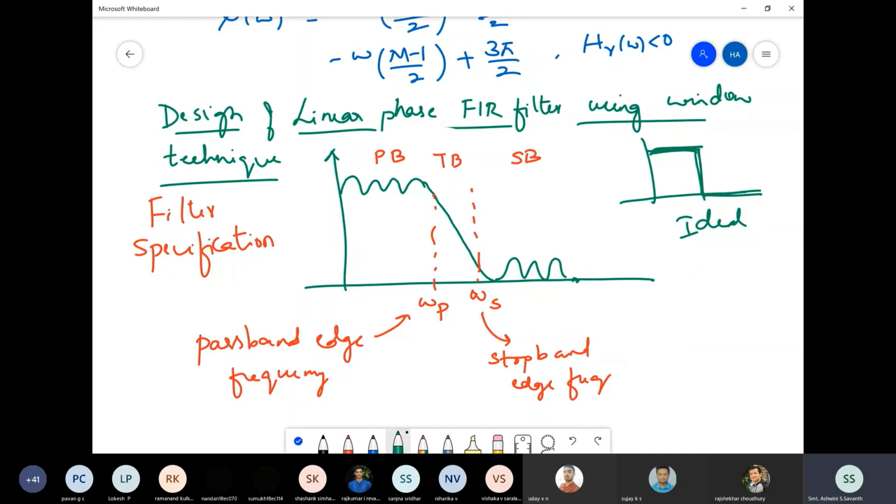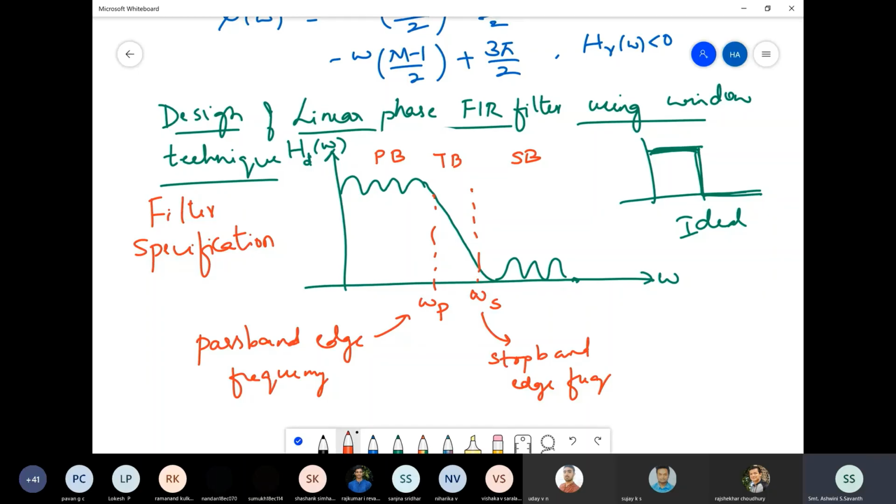So this filter characteristic is with respect to omega. This is your HD of omega. That D indicates that it's the desired frequency response, what is desired for you to obtain. HD of omega, D indicates the desired frequency response. So omega p and omega s will be given to you,